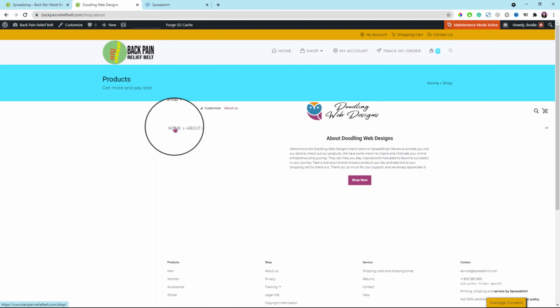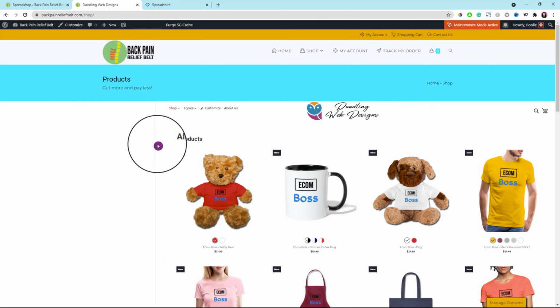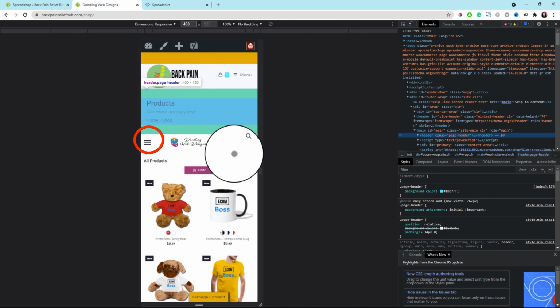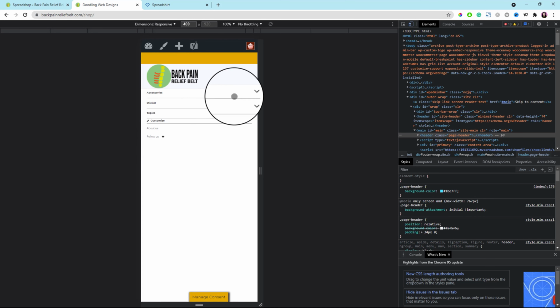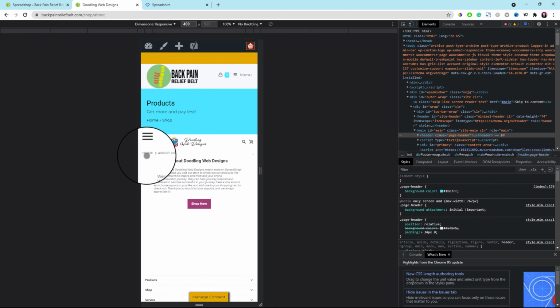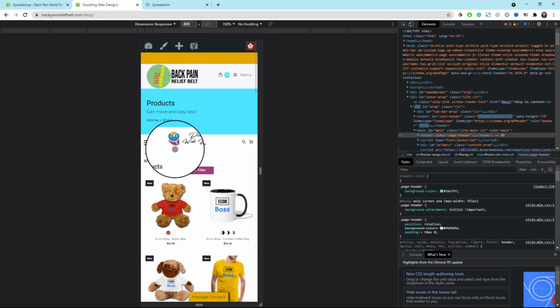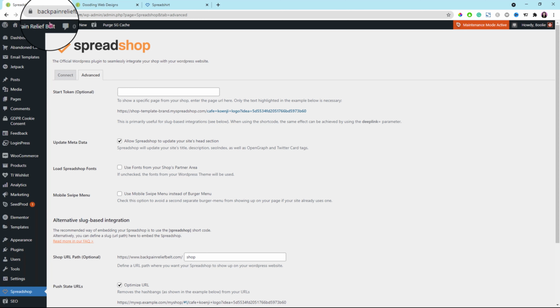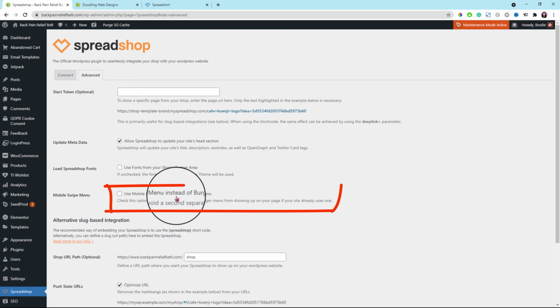And let's go back to home. Next, right-click anywhere on the page and then click Inspect. If you use Google Chrome, we're gonna work on the mobile version of the store. This is a responsive version of a device screen size 400 by 920 pixels. You could see the hamburger icon. That's the menu of the Spreadshop that you can navigate the shop pages. But we may have to remove this icon because it might confuse the users as the main menu of the